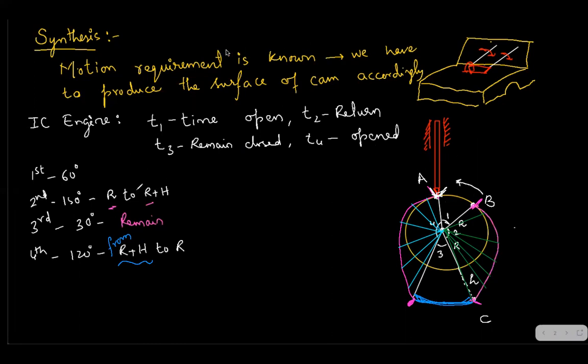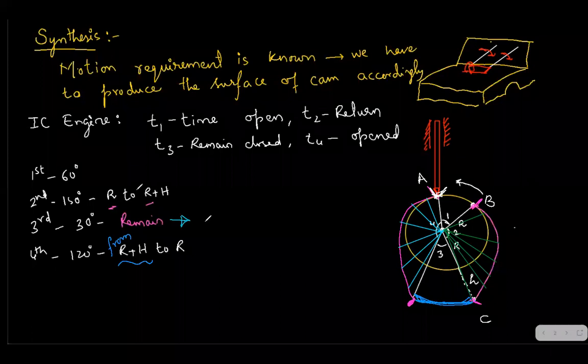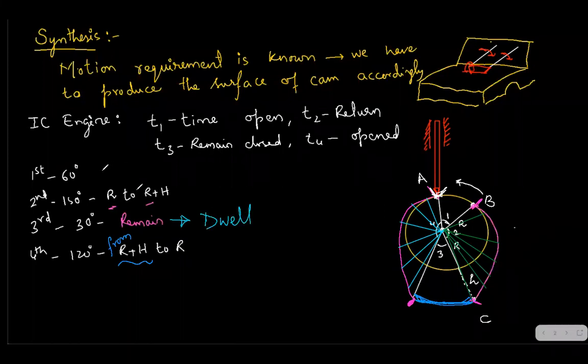These have technical words. Whenever there is no motion, it is called a dwell period. I told you it remains the same, right? So here it is called a dwell period, and the first dwell period is here. This is called dwell 1, this is called dwell 2. Then the second part is the rise part. Rising means the follower is going up, and this final part is the return. So the different things are: first dwell, then rise, then dwell, then return. Now we have completed the profile of the follower. You can see the cam surface profile I have completed.